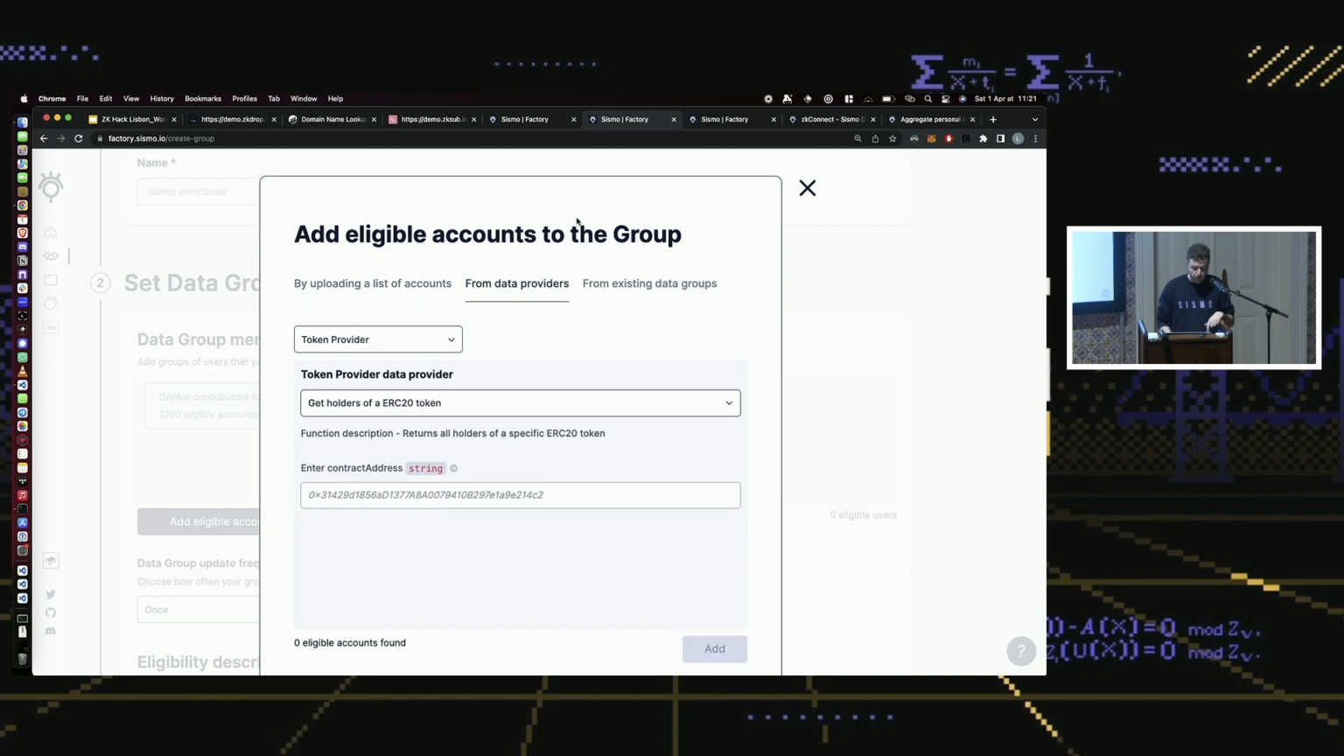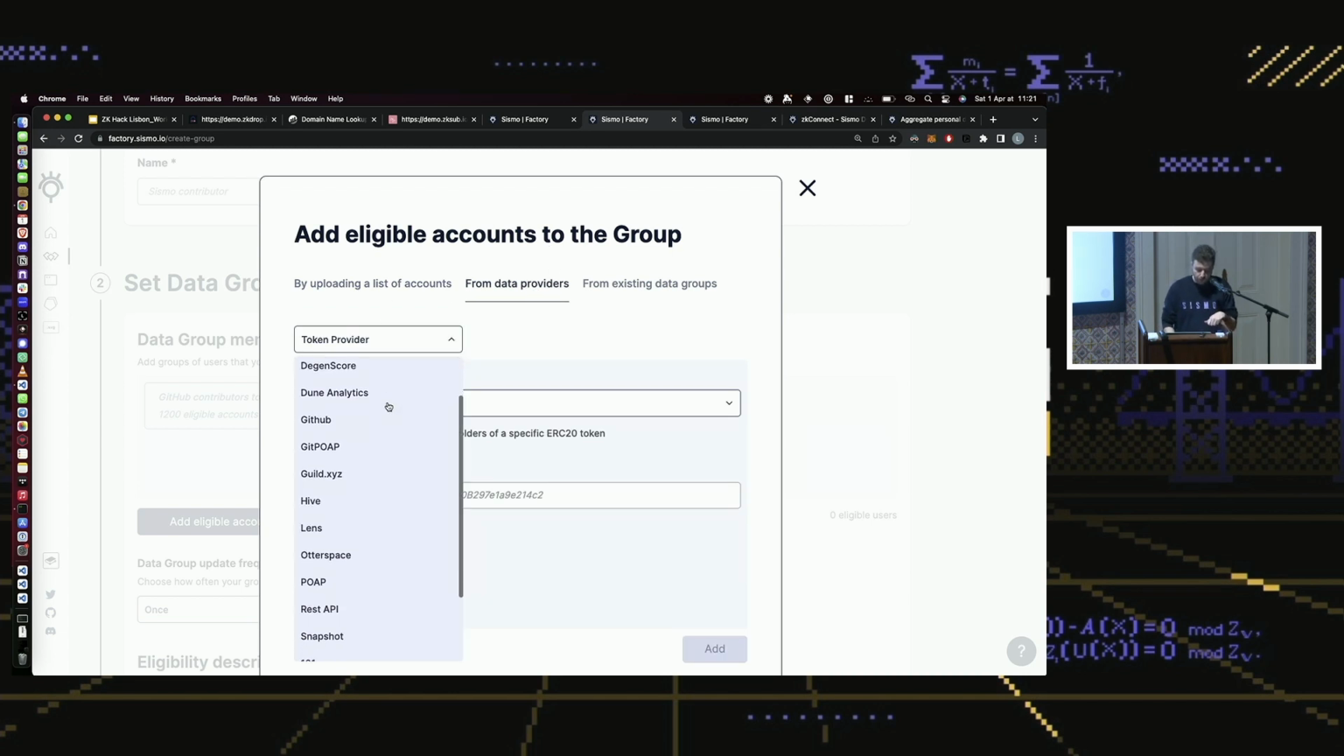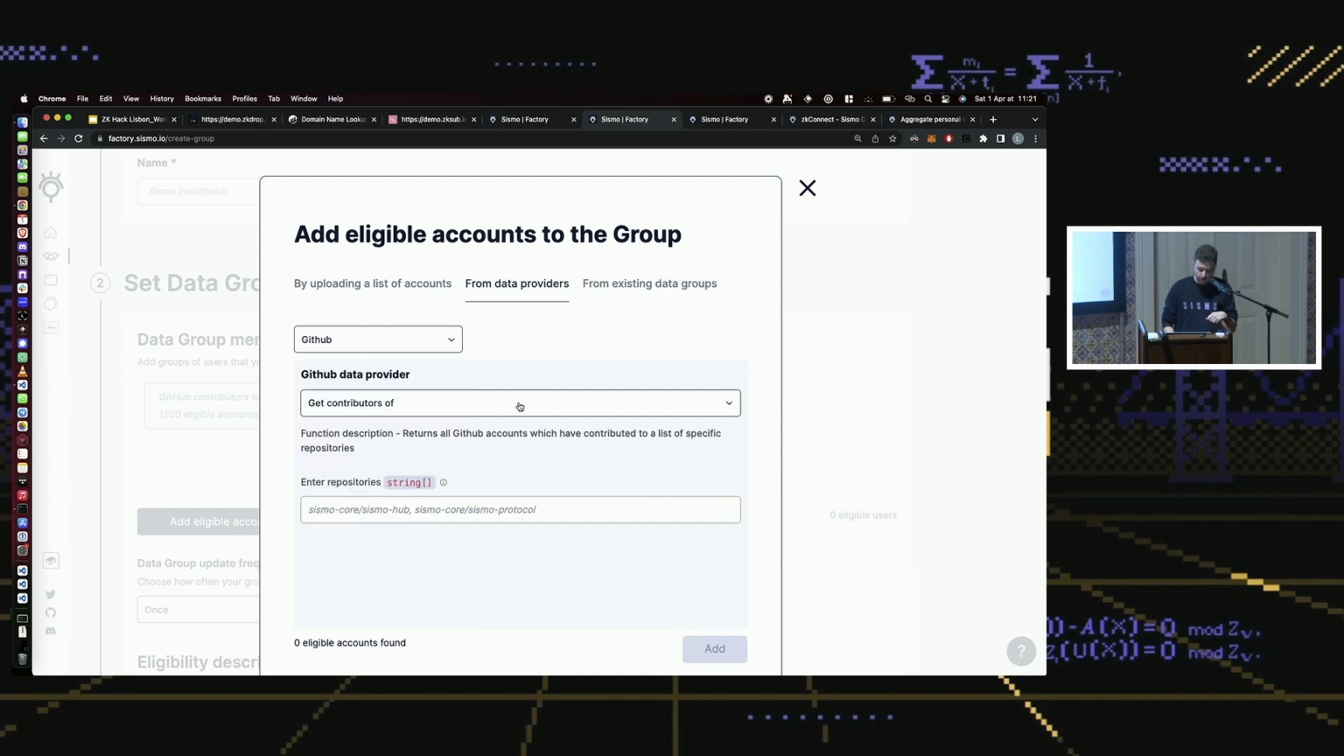And you can create the group through data providers. So you have a whole list of data providers here that was created by the community. So everyone can contribute to this repository to add different types of data providers. For instance, we have the GitHub one, where you could find the list of all the contributors or the stargazers of a repository. So for instance, here you will need to do